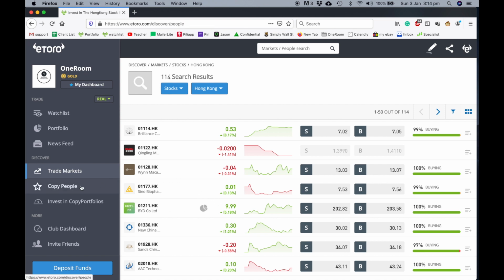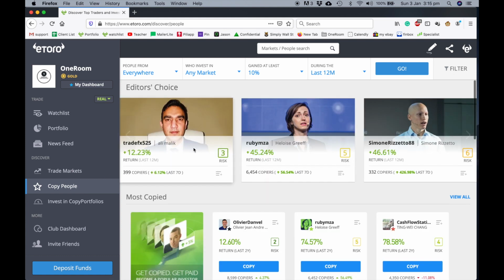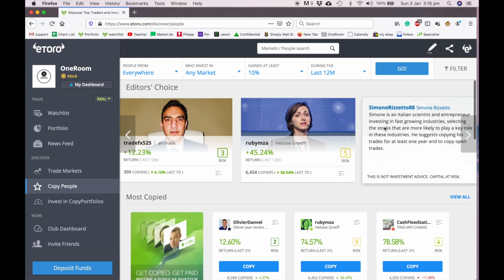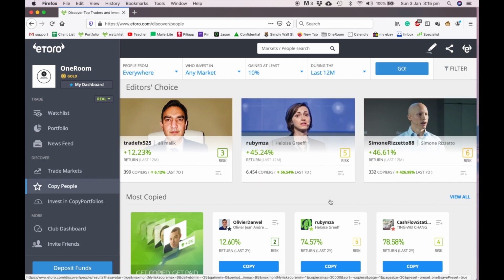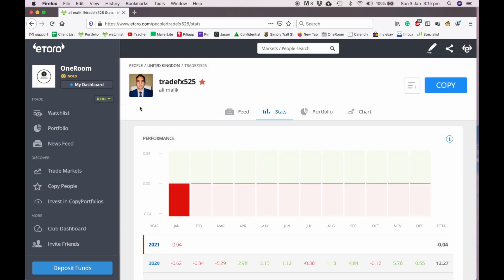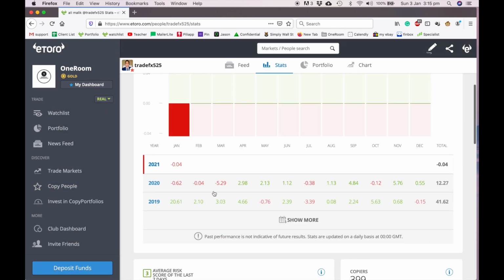Then you have copy people. Here you choose if any particular person you want to copy. So sometimes you might not have enough time to research and buy and sell company. You might just want to copy someone and be done with it, and whatever return they get, you'll get the same return. Say for example, if you like this person here, if you click on his profile, you see 2020 he made 12% profit,